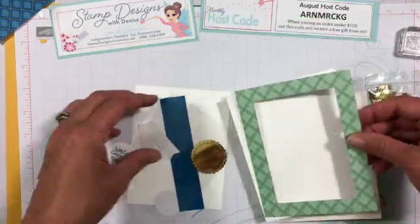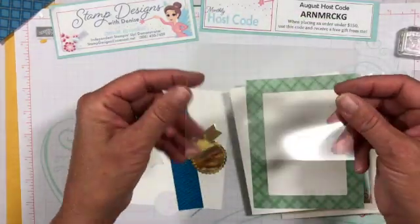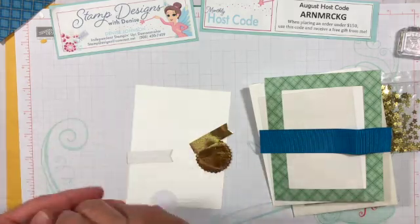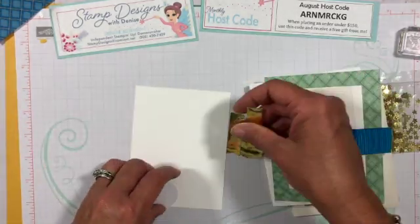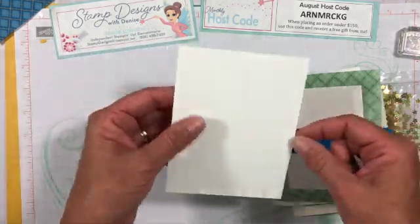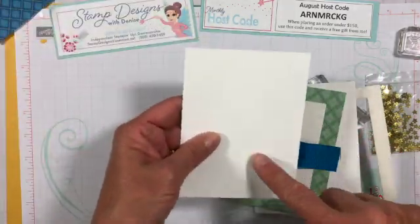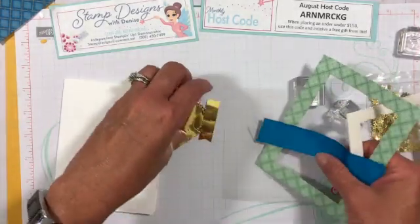This is included in the kit. This clear sheet came in the kit. I have 5 inches of ribbon. I have these gold elements that were also in the kit, and then I have one of the round Whisper White circles, and then I also have a piece of Whisper. I don't actually think I need that for this card, so what I'm going to do is